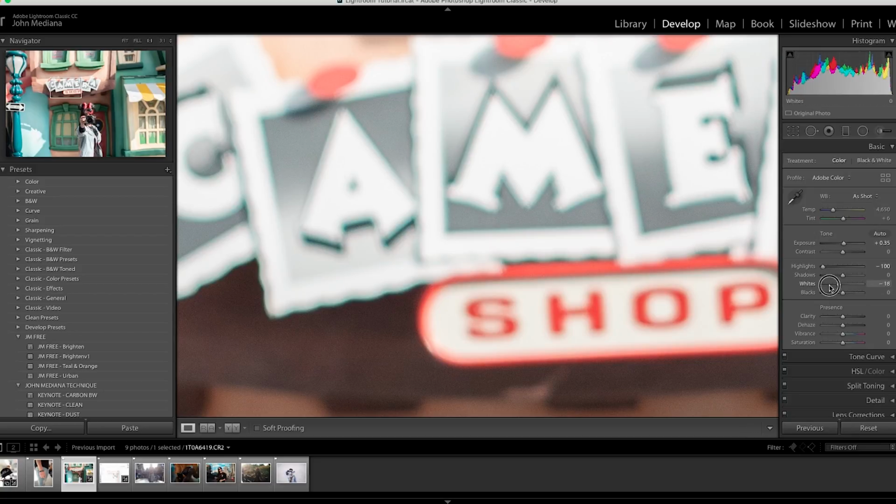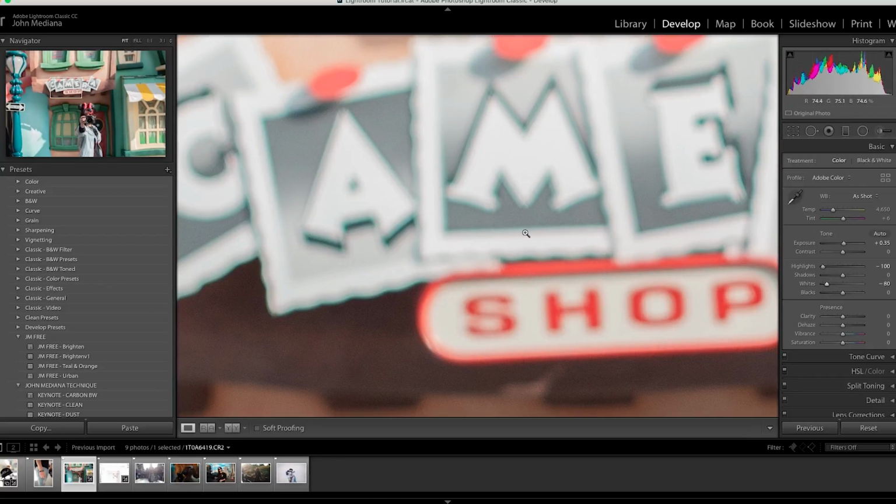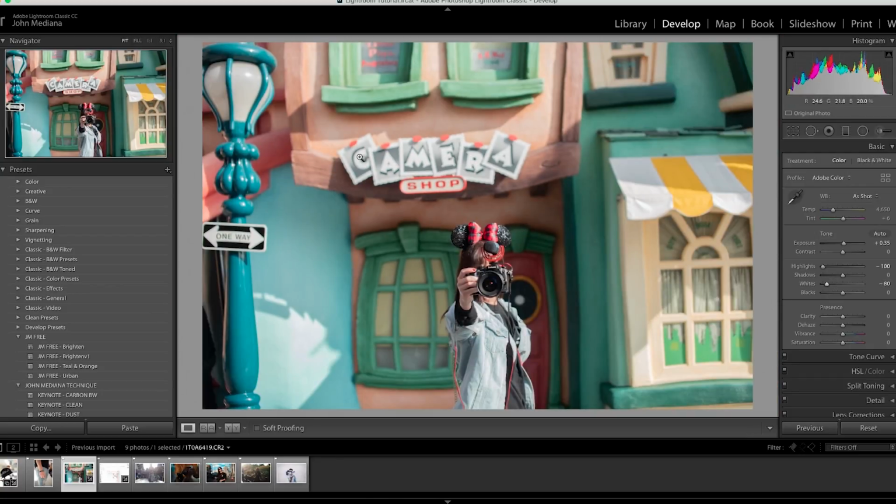I'm gonna bring down the whites because all my whites are blown out. So I want to bring all that stuff back. See that? It looks awesome already. I don't want to touch the shadows as much because no one likes a flat looking image, but the blacks I could bend a little bit. And so I would usually just play around with these tones, and with those adjustments already, this photo is looking